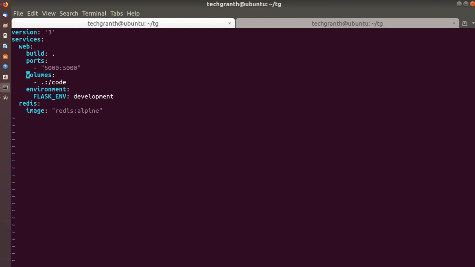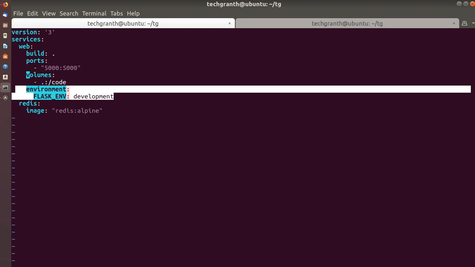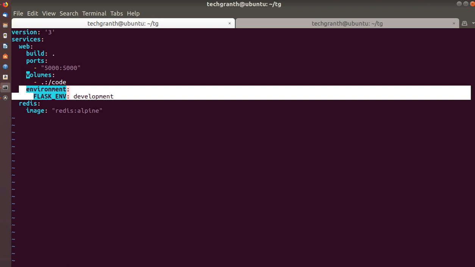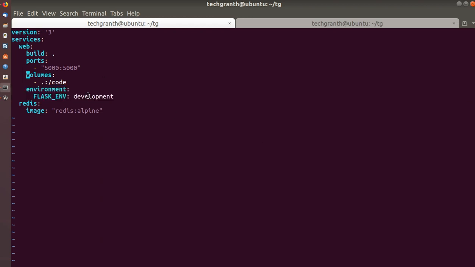Second, as we have mentioned, it will run in the development environment. A Flask environment will be development only, and this option we should use only for development environment, so that it will run in development mode and reload the code if there are any changes in the code.